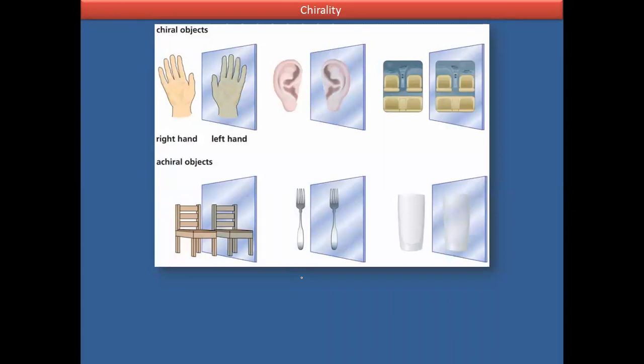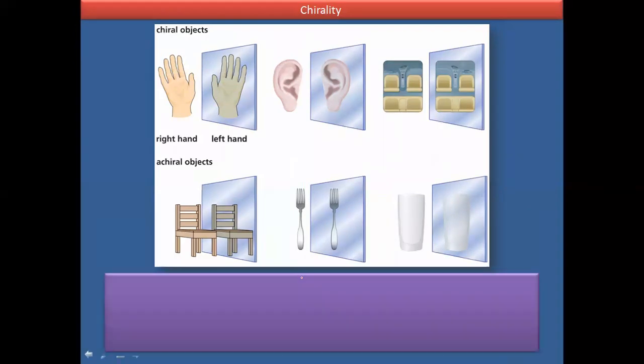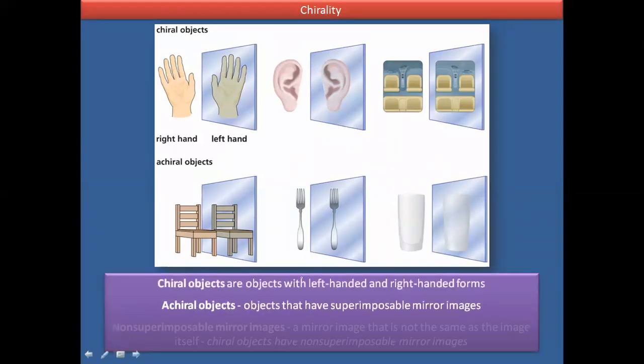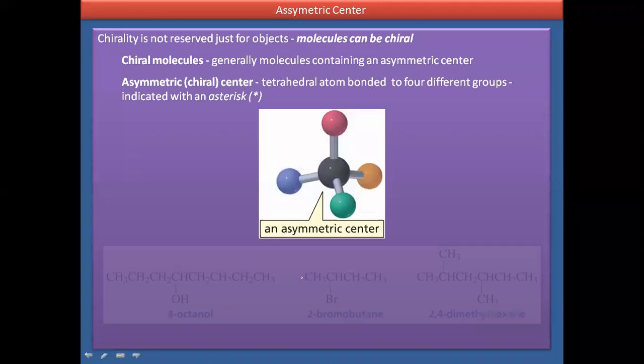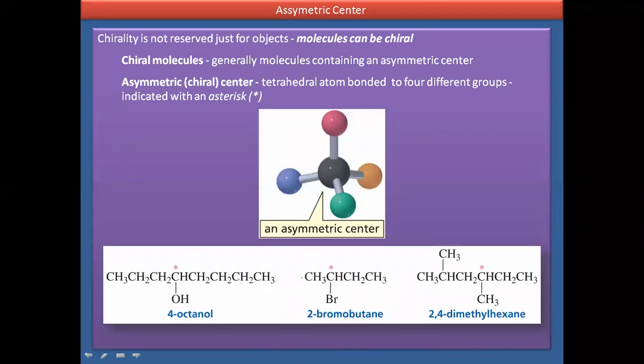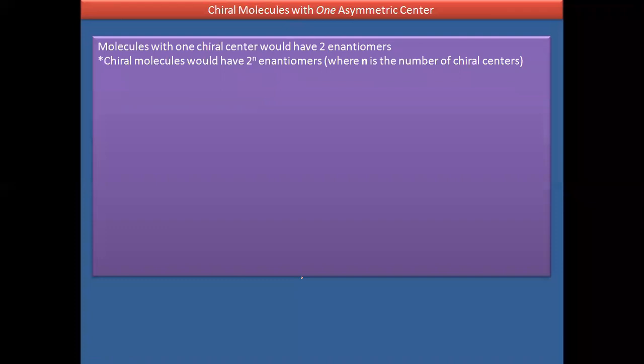Now, in that we studied chirality, chiral objects and achiral objects. We discussed in the last sessions the asymmetric center and non-superimposable mirror images, along with some examples of asymmetric centers. These are the examples related to the asymmetric centers. Then the chiral molecule with one asymmetric center. The formula for the calculation of enantiomers is 2 raised to